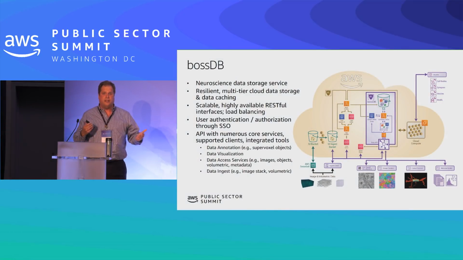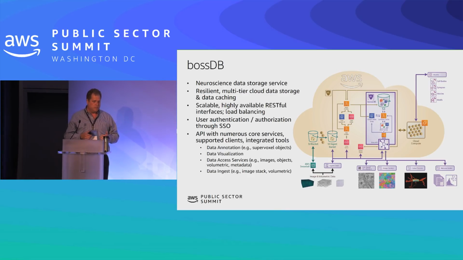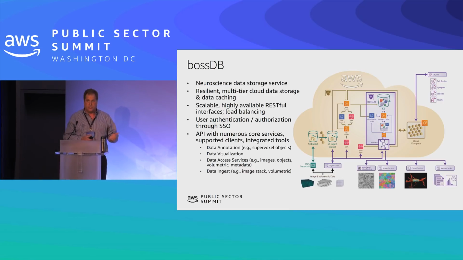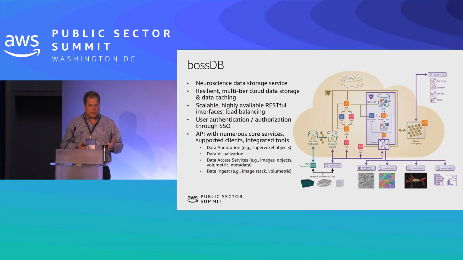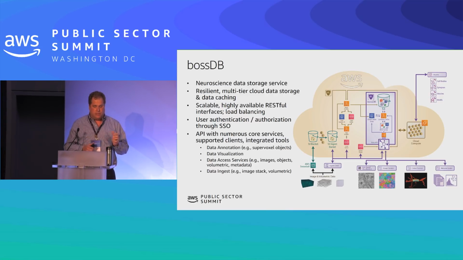Okay, so that was a quick introduction of Amazon serverless computing. What I'm going to do is actually go through some real-world examples using BossDB. BossDB is a neuroscience database for brain research. It provides mechanisms for uploading brain images, annotating the data, visualizing it, and then actually individually accessing images, metadata, and objects in the system to do research. It's built entirely in AWS and provides a scalable solution that's highly available. A lot of our back-end services actually use serverless computing, and we're going to go over some examples of that here.